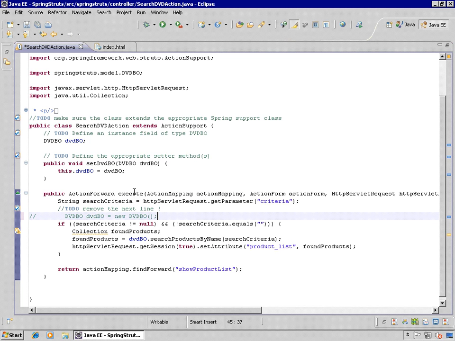Okay, so every time execute was called, you were creating a new DVD-BO, and it was a local variable, and you're not passing it out. So then it would throw it away, and every time you'd call execute again, you'd create a new object and throw it away. So every single time this action was performed, you would create a brand new instance of DVD-BO, which is very wasteful. You end up with a lot more garbage collection than really is necessary,